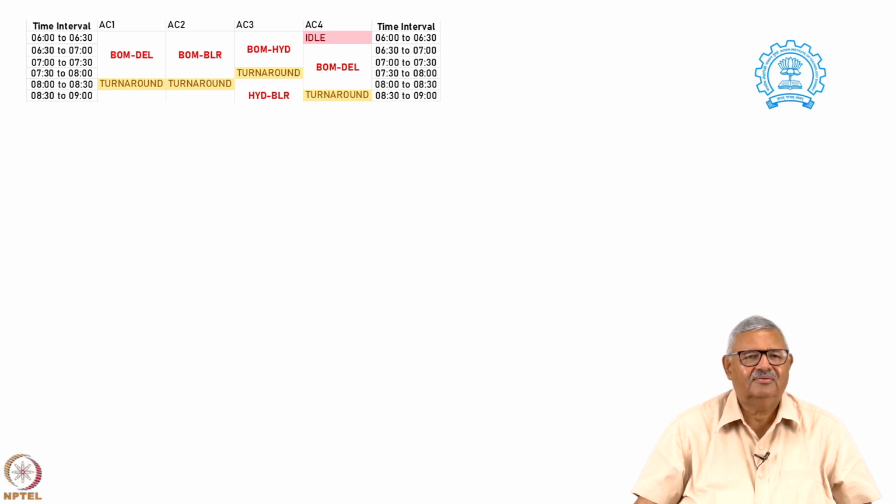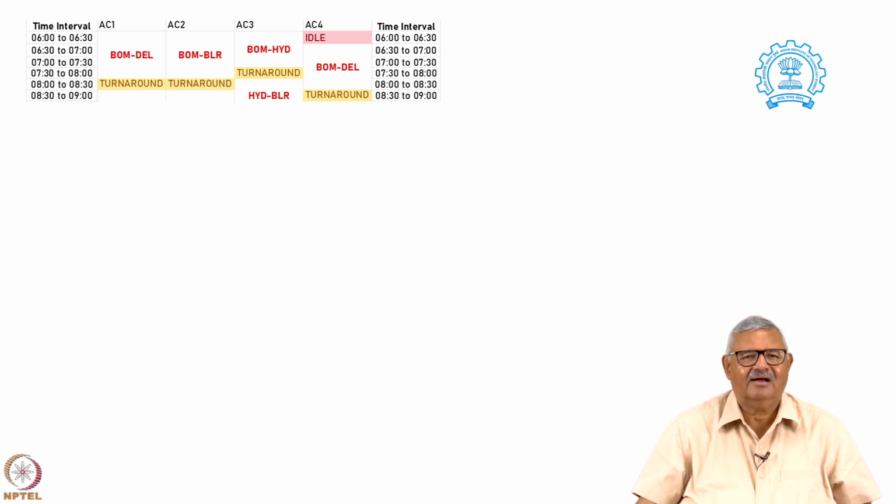So, what we do is, for the first aircraft we assign a flight to the busiest or the most desirable route, which is Bombay to Delhi, for which we have to create 6 flights if possible per day. Taking off at 6 o'clock, it reaches at 8 o'clock, and then there is a 30-minute turnaround time. So, at 8:30 the aircraft is now ready for the next flight. Similarly, one more aircraft, AC2, is scheduled from Bombay to Bangalore, and that leaves at 6 and reaches at 8, and there is a half an hour turnaround time.